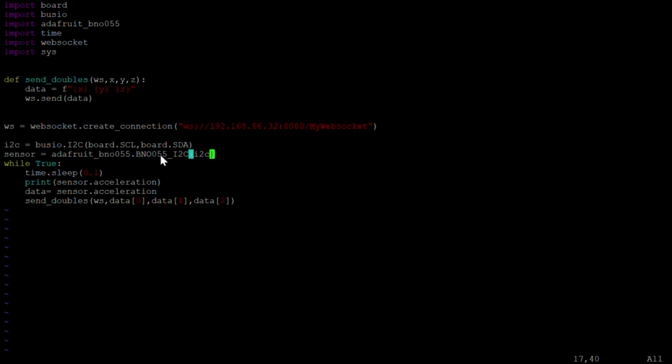And then, yeah, we just set up the sensor, and I've got this delay here just so it doesn't jam everything up with data, but it can go faster than 10 times a second. And yeah, it grabs the BNO data and sends it out using this small function here. And yeah, there's a lot of built-in functions which help us do what we need to do.